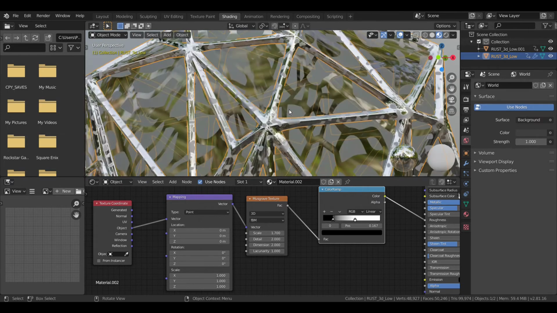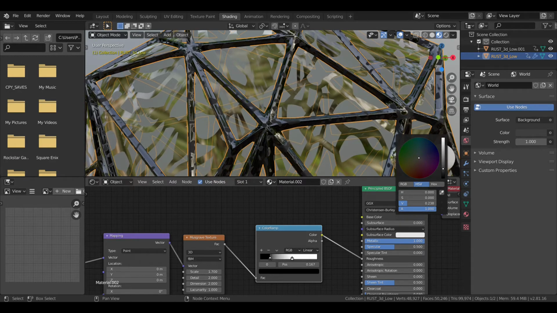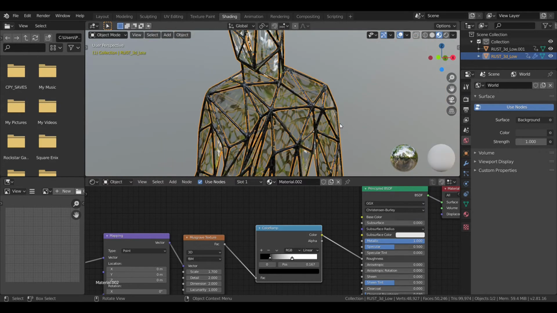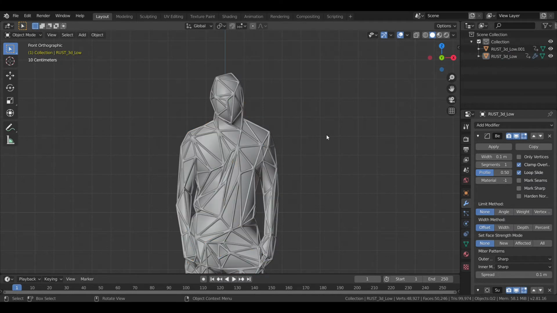So let's do this roughness. Okay, this looks pretty nice. This is the roughness we want. The color should be pretty dark. So just tweak the color, and yeah, it's looking good. So we'll go to the layout mode, and now we need to add the emission globe, which is basically its heart and its mind.